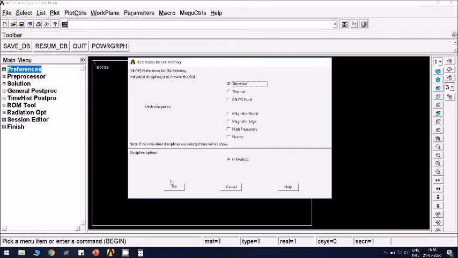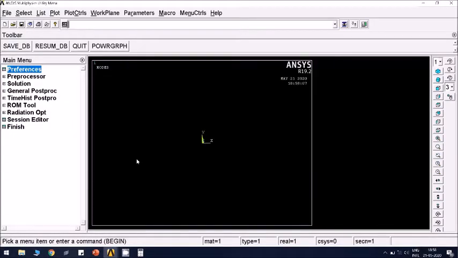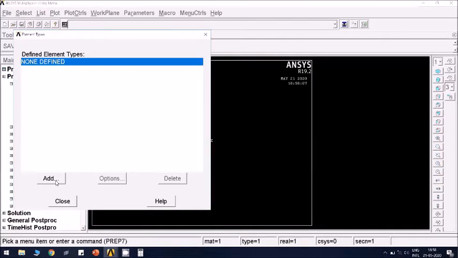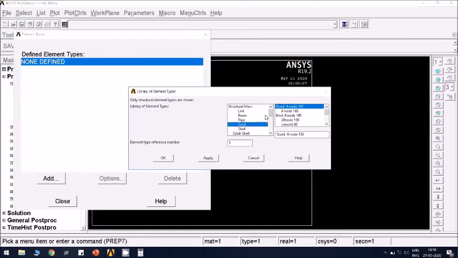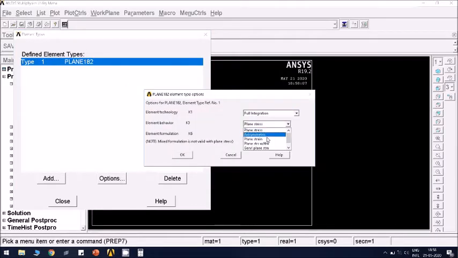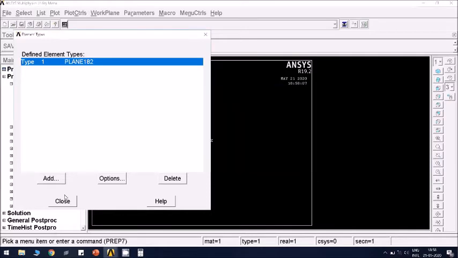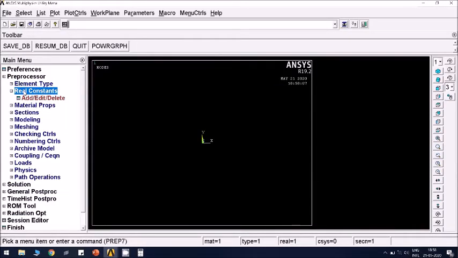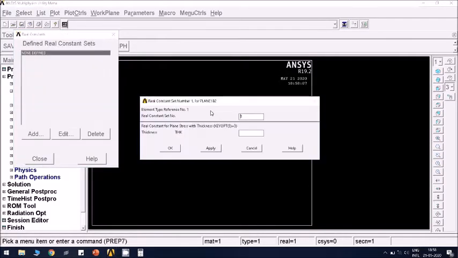Preferences, structural, okay. Element type, solid 182, plane stress with thickness, real constants, thickness is 0.05 meter.